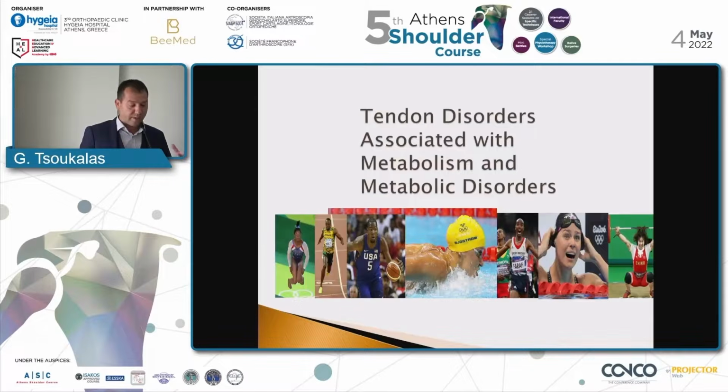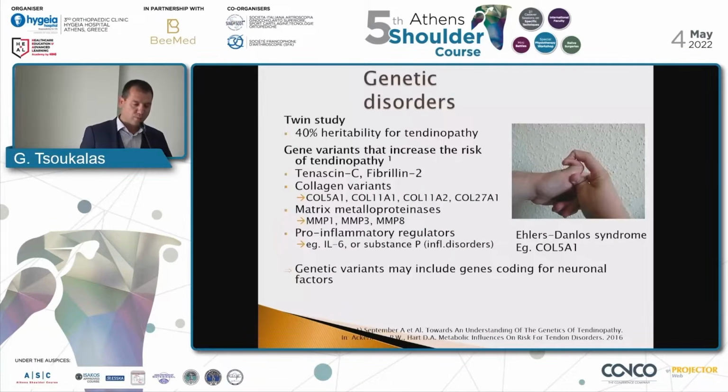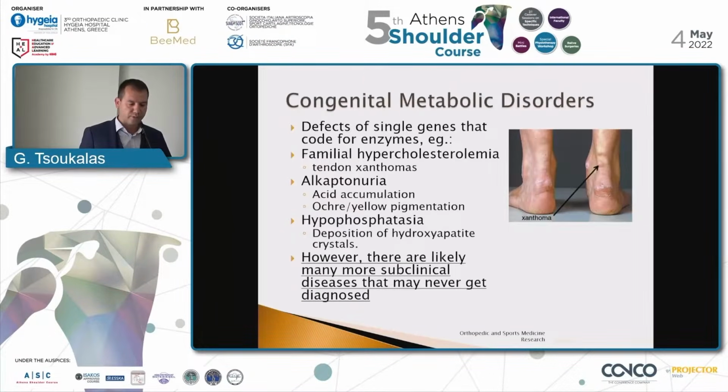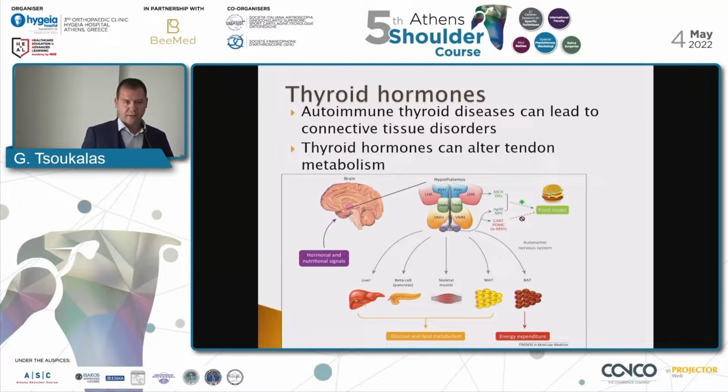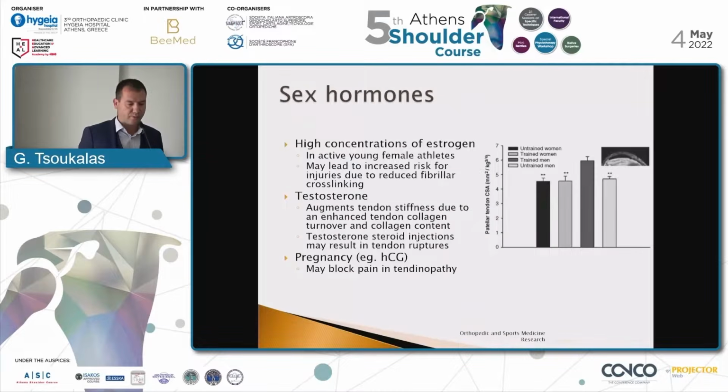What I have in mind when I see a client is that there are more things than just the surgery. I would like to ask a few more things about medical history, genetic and metabolic disorders, because we don't just see a shoulder and a surgery. In our daily practice, we see patients coming with hormonal problems, which we will see later, and how they can affect tendon metabolism, tendon rehabilitation, and tendon repair.